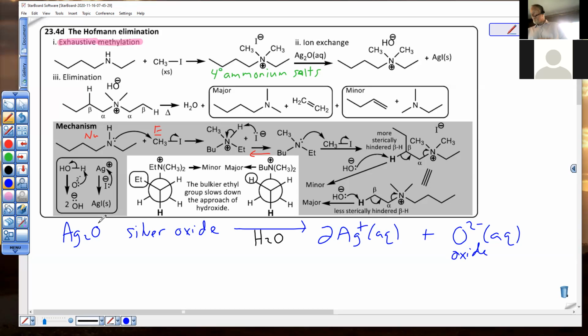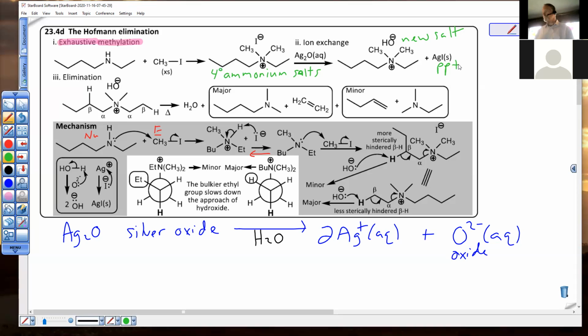So what's going on? Where are we? We've exhaustively methylated to get to this point. And then the iodide gets removed and exchanged for a hydroxide. So that's why this step's called ion exchange. Iodide now has hydroxide in its place to balance the charges. There's your new salt. And here's your precipitate,